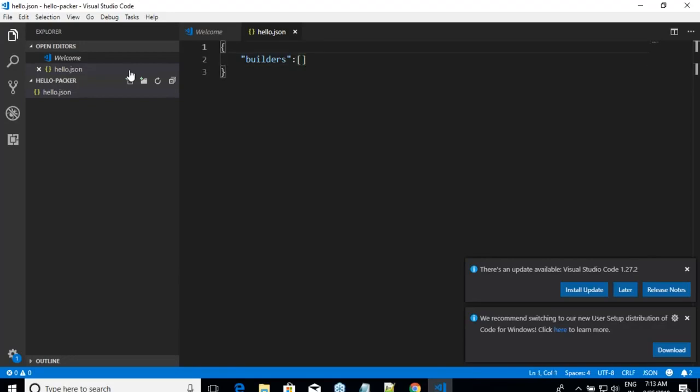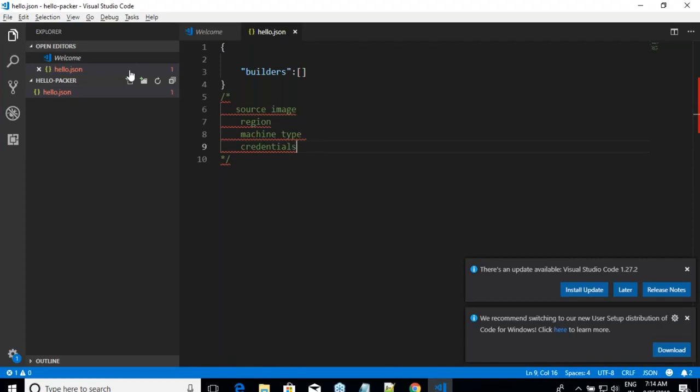So to build this, basically, let me do this. To build, what are the things which we need to write? We need to write about source image, region in which you want to build, and machine type which we will use to really do this image building process. And another important thing is you need to tell about your credentials. Let us start from bottom up. I want to speak about credentials, right?